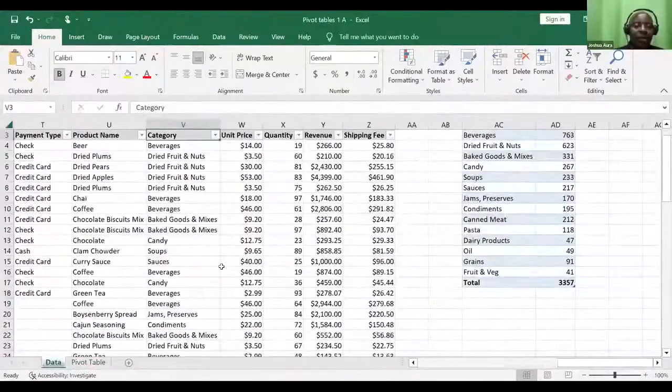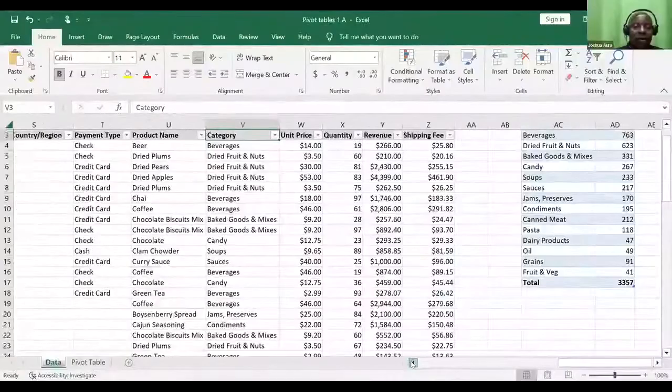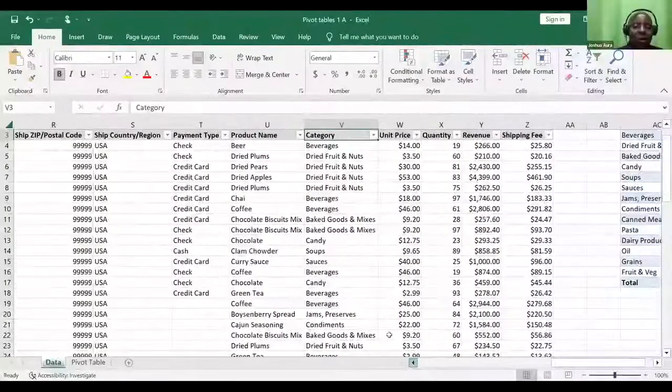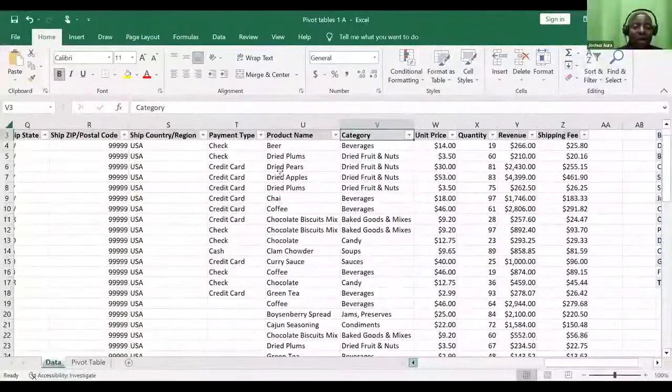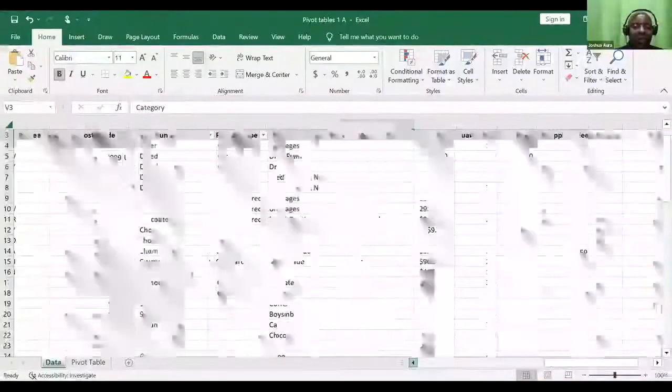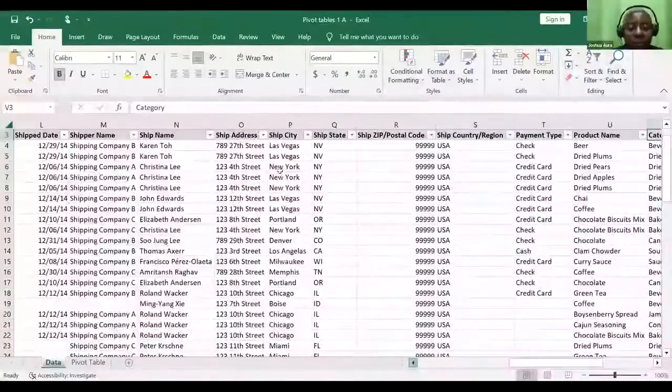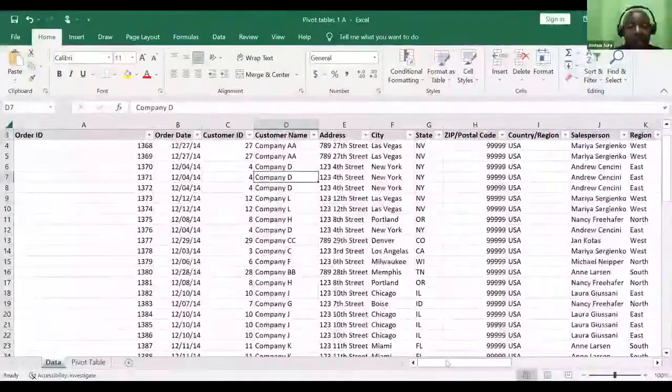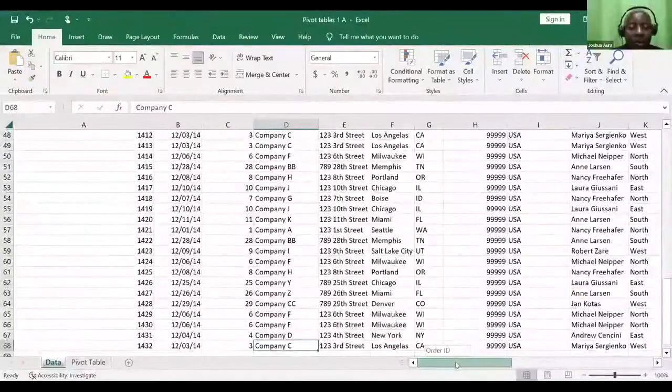So go to the last row. No, the very last one. Just click anywhere inside there and say control down arrow.